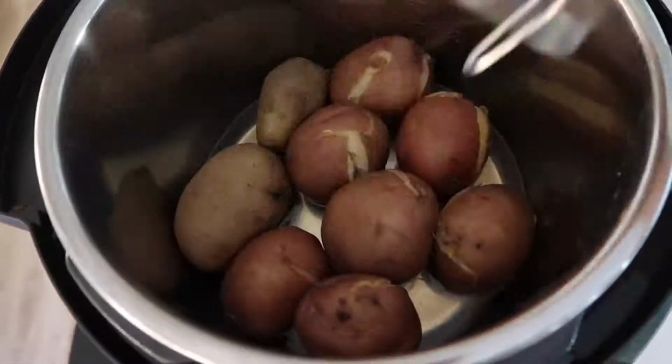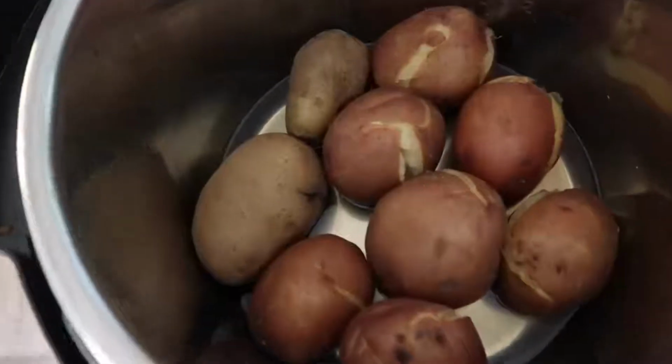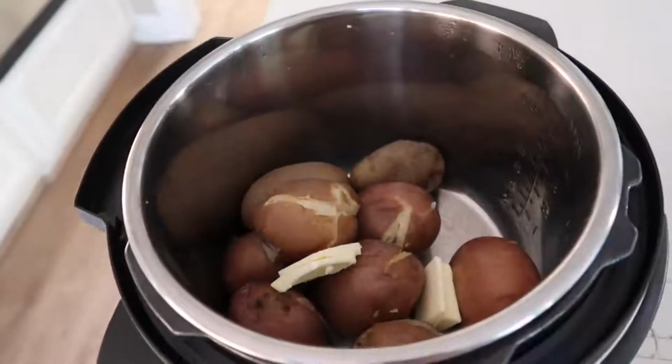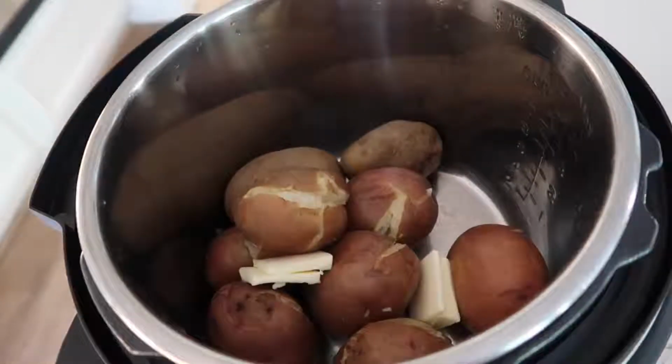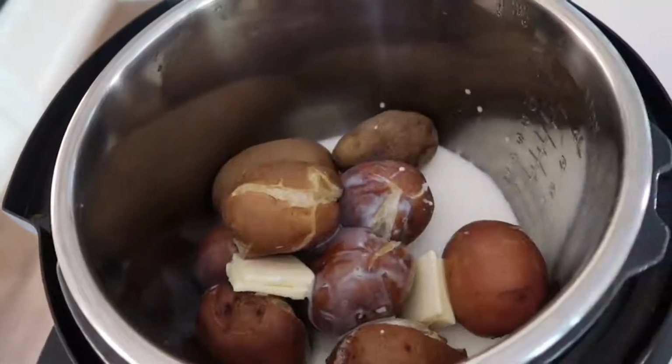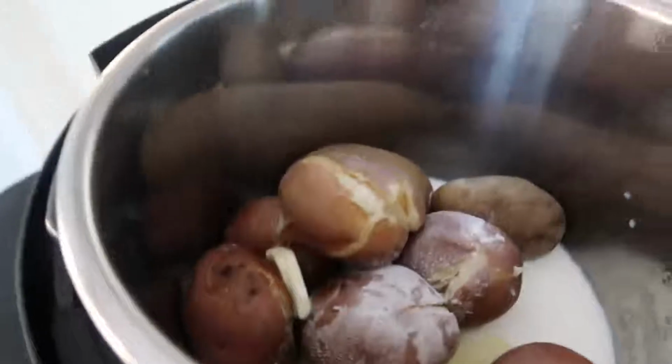So my potatoes on the bottom, don't forget about those. Those are done now too. So I took my metal rack out. I'm just going to drain the water out so I can put the liquid in I want to add. So I'm adding 3 tablespoons of butter and then about 4 tablespoons or so of milk. I'm just guessing here. And then I just like to add a little bit of salt and pepper